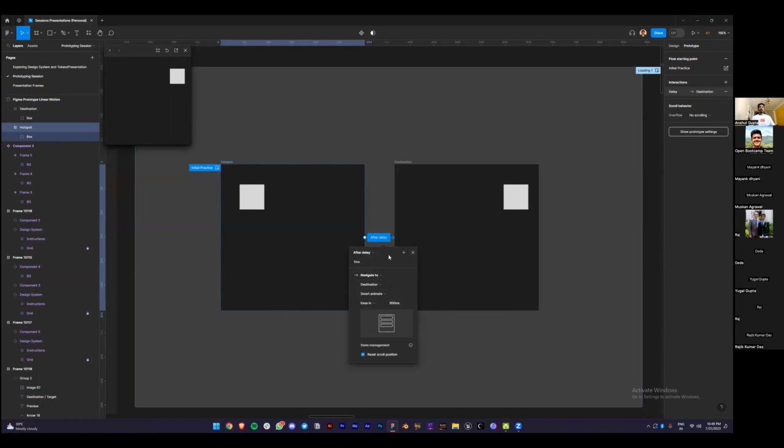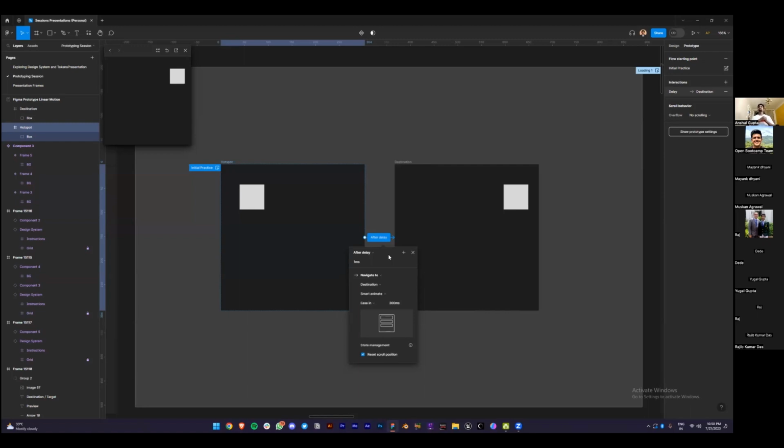What I'll do, loading animations are generally a looping animation. It's not going to be like you start from A point and you end on the B point. Obviously, in design, there's nothing hard and fast. You can even create something that starts from A and ends at A, because you never know how long it's going to take for the user to load the particular screen. So you want it to be a looping animation. That's why we generally have GIFs, and nowadays we use Lottie animation to speed up